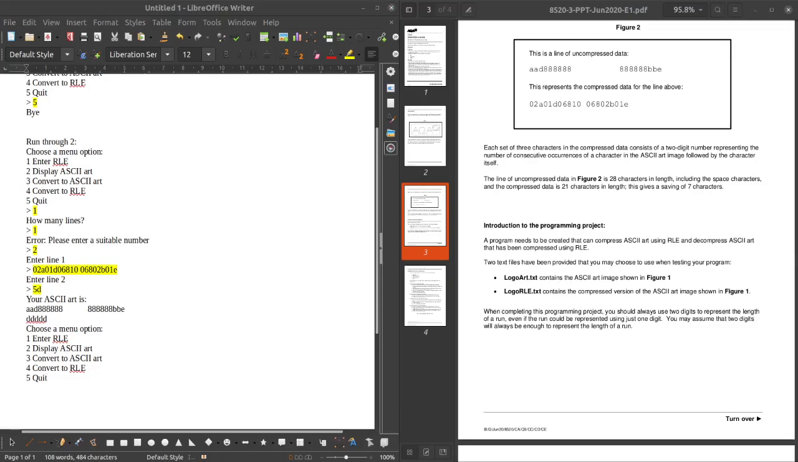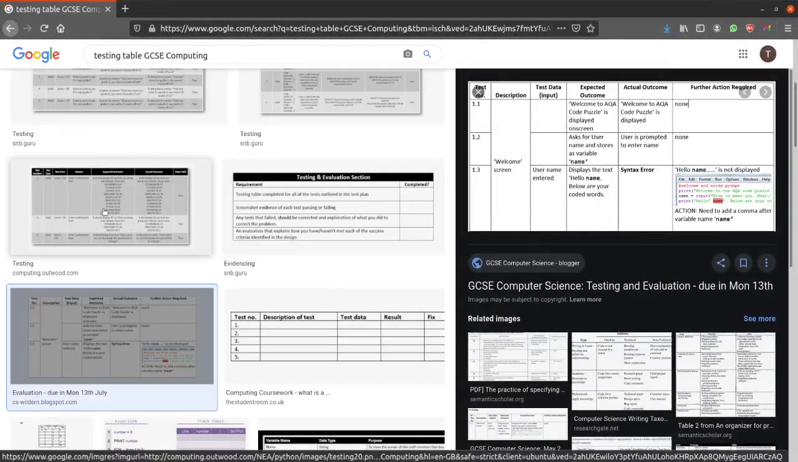A testing table is ideally what you'll be producing generally later on in the project, but it's a good idea to get something done now, particularly as we're trying to understand exactly what it's doing. And if we just search testing table GCSE computing, you'll see some examples, including this one, which looks quite nice. What test number is it? What's the description? So maybe menu items or the display RLE. Test data, what are you inputting? What are you typing in? So this may be the different ASCII,